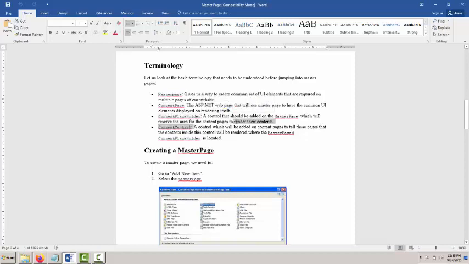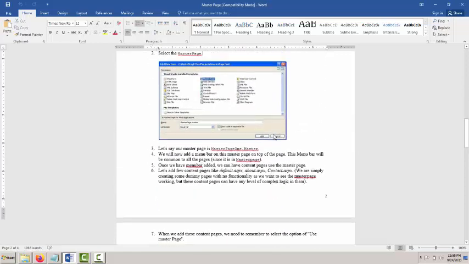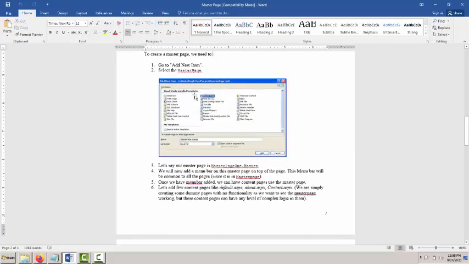The content control is a control which will be added on the content pages to tell these pages that the contents inside this control will be rendered where the master page's content placeholder is located.